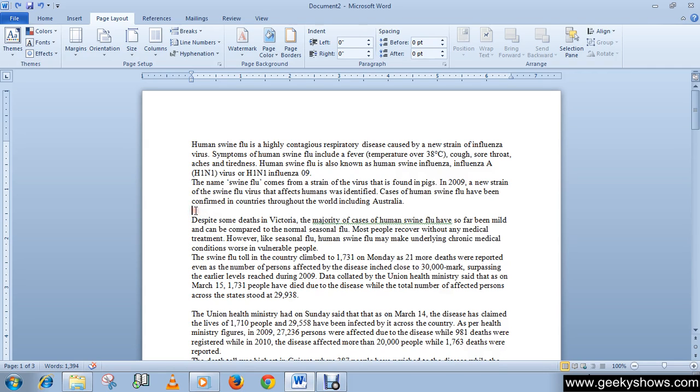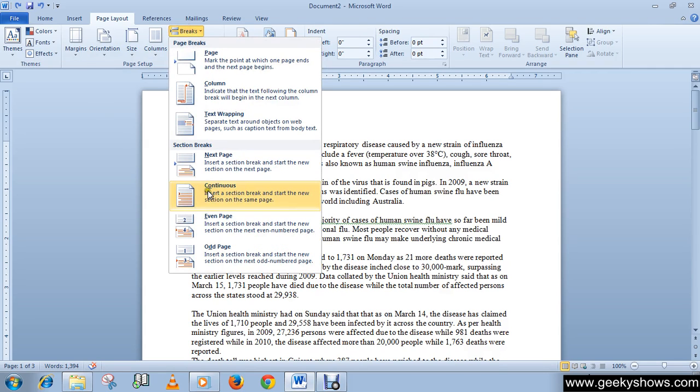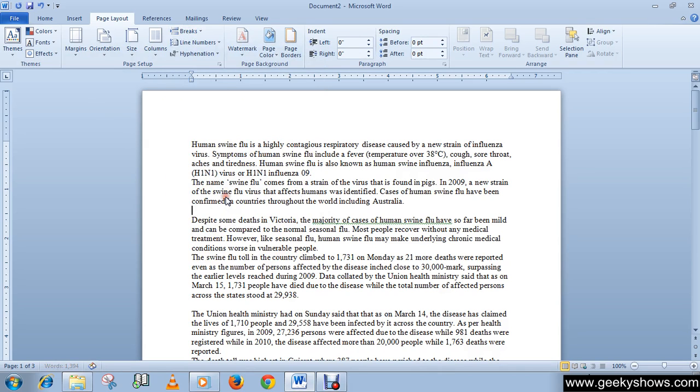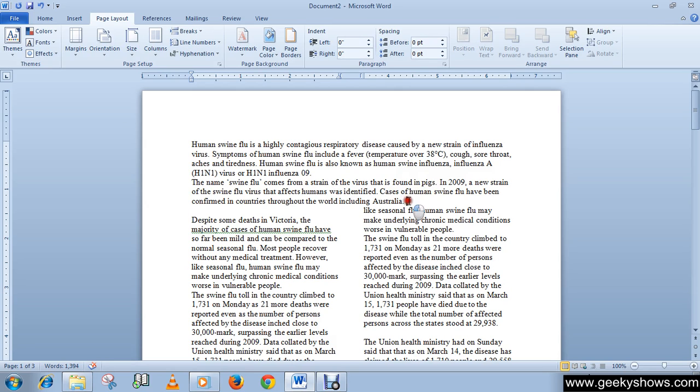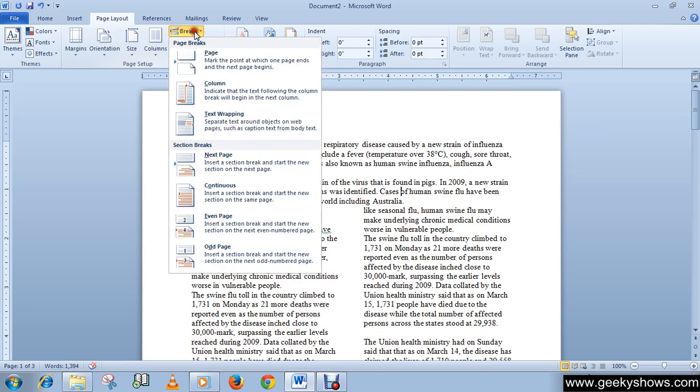First of all, place your blinking cursor over here, then go to Break, then create a Continuous section break. After that, place your blinking cursor over here, then go to Columns and click on Two. As you can see, the first paragraph stays as it is, and the rest of the text is converted into two columns. This is how we can use Continuous, which comes under section breaks.